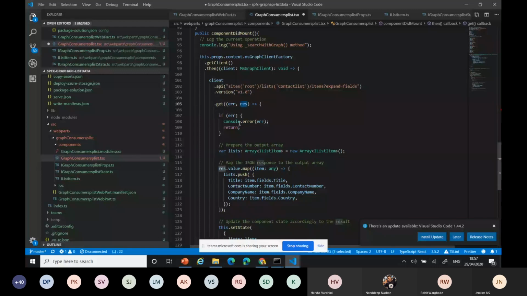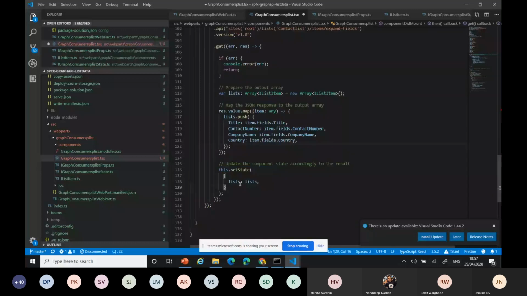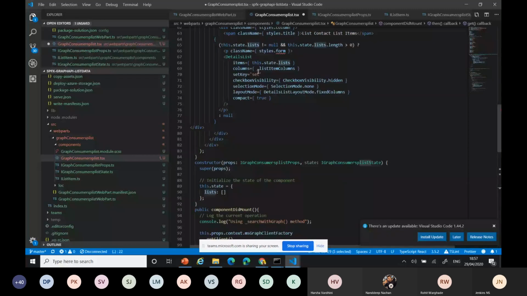It's just verifying whether there is any error, and it's returned back. And I can create the array object. From the array object, I'm mapping all the corresponding values from the output. You can add whatever value outputs are available. Okay, and I set the state to the corresponding array object, and we map it to my detail list using the items as this.state.list. Here I'm just loading it directly; you can do it with your button click and everything. Okay. Now got it, right?